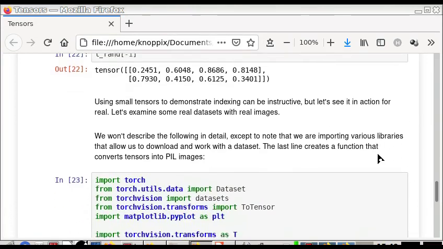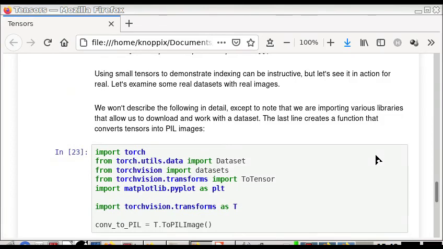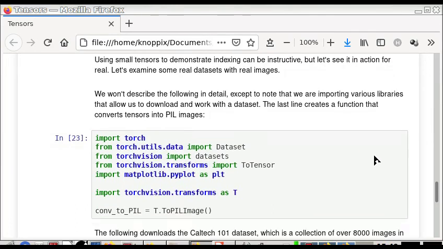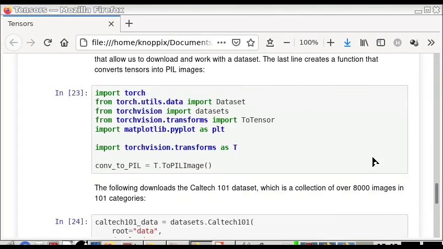So using these smaller tensors for demonstrations of indexing can be instructive, but let's do it for real. Let's see it in action for real data sets with real images. Some of this we won't go into in detail. This is just setting up. Since our objective is to demonstrate the usefulness of indexing and slicing, we'll just use this as setup. Basically this imports a variety of modules that we'll need to import the data sets,